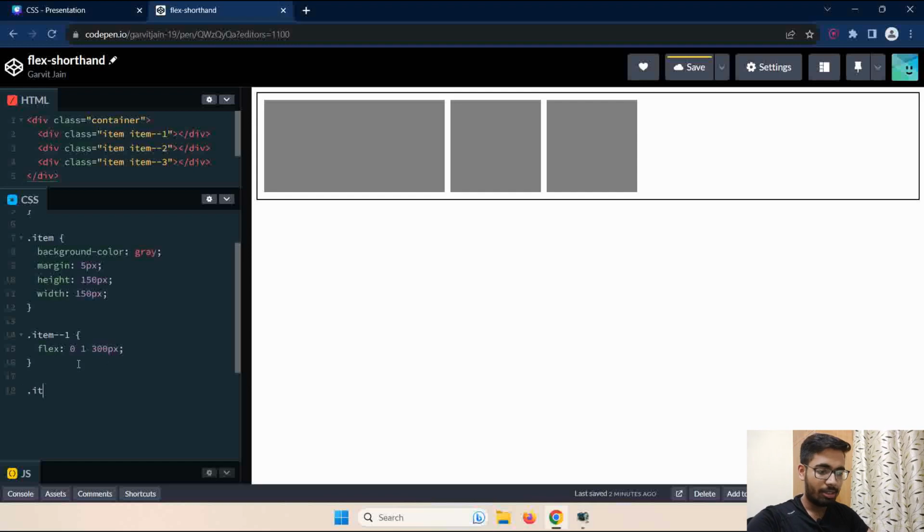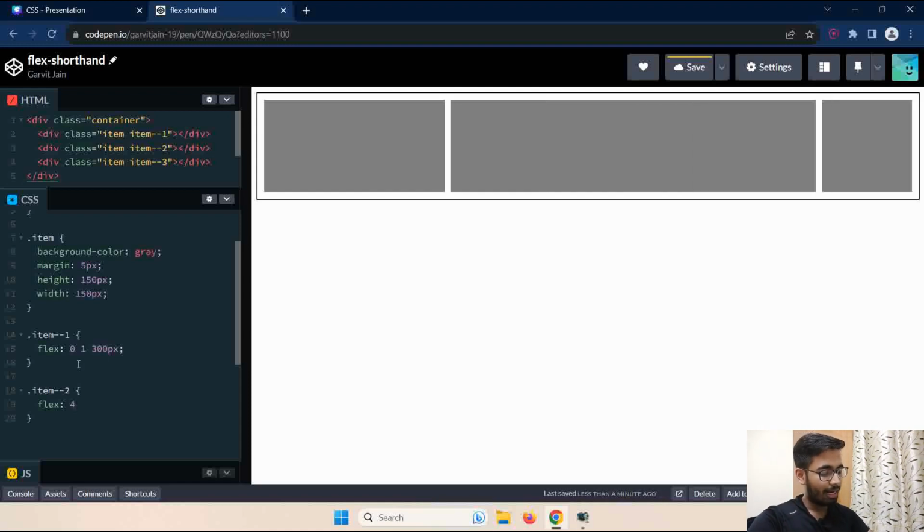So let's just do a little bit more experiment and see what all things we can do. Flex, now for this item 2 I'm setting the flex grow to 4 and let's set flex shrink to 0 and let's give an initial width of how about 500 pixels. So now it will look something like this. I'm going to set it back to 200. Okay, yeah, that's fine. Now you will see that we have this 4, so it will take up the space,